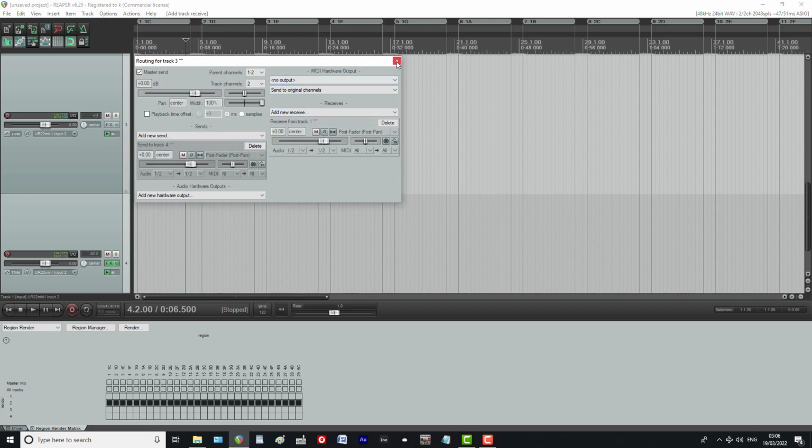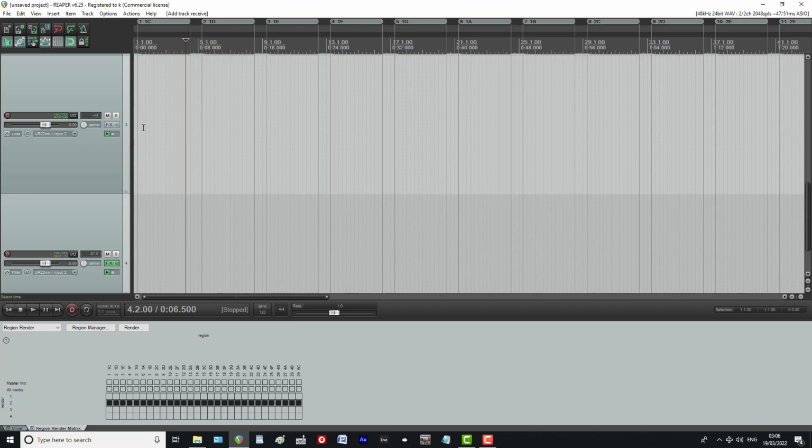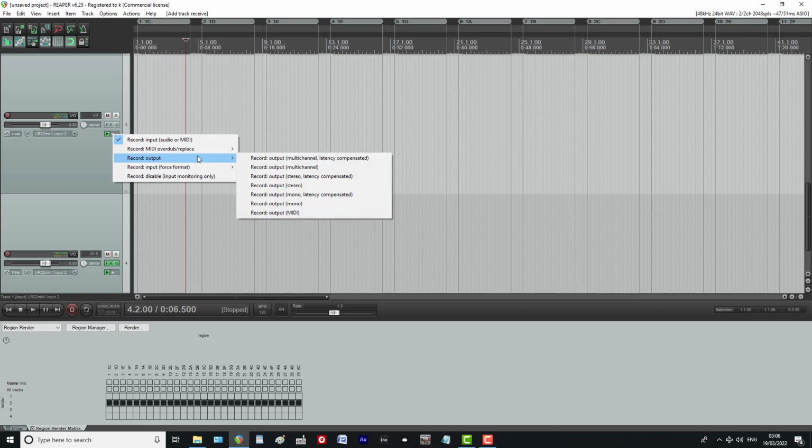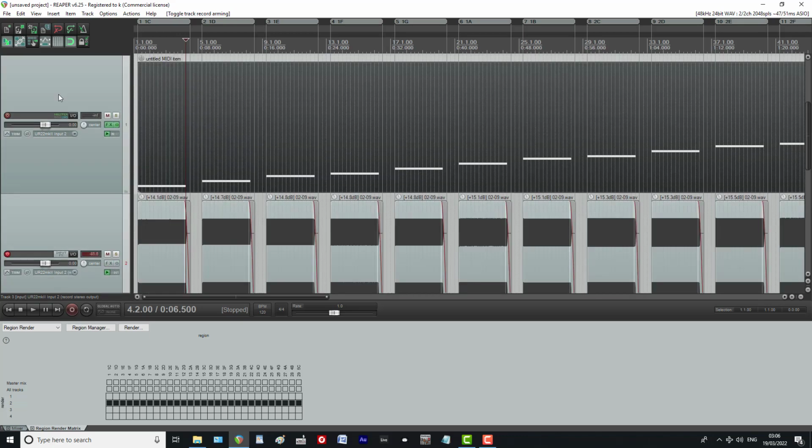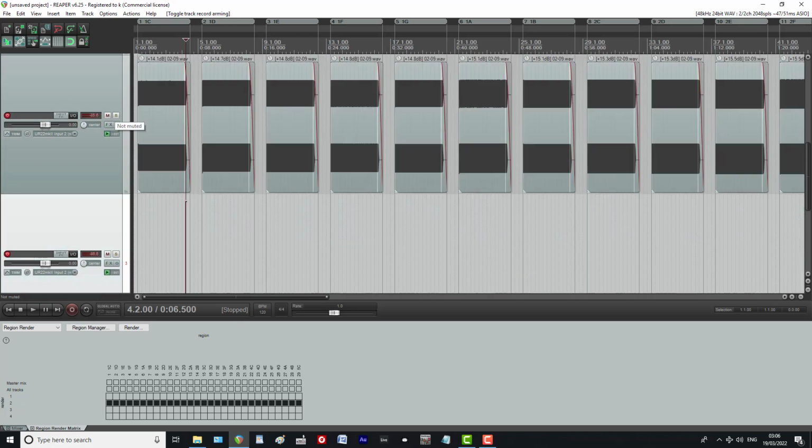So you're receiving audio MIDI data from track 1. Make sure your input record is, for me, stereo out audio, and make sure it's armed. Close this one down, unless you'll record over your project,